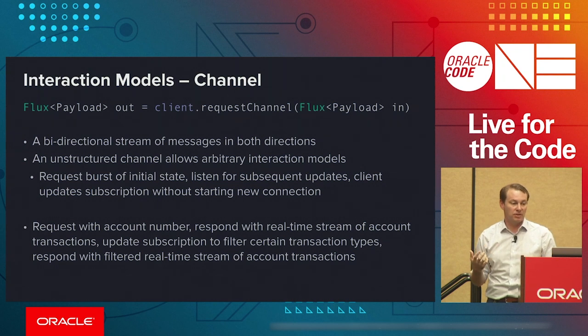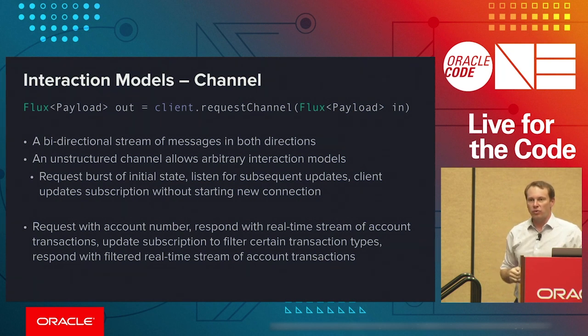But at the same time, what we could do is place a filter from the client side. And so there's now a message that goes back across the channel and says, okay, a new filter has been applied to this query. So now as I start going, I want to get a smaller subset of the data that I had seen before. And this allows you to effectively say, I don't need to open new connections. I don't even need to start new streams. I just have a big pipe that we can pass messages across, but with all of those reactive semantics that we saw before.